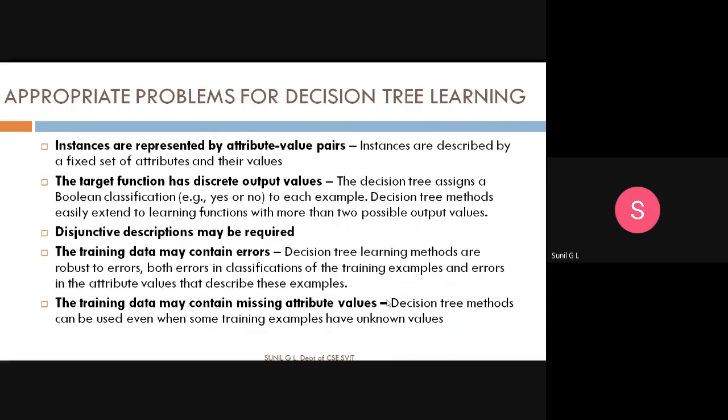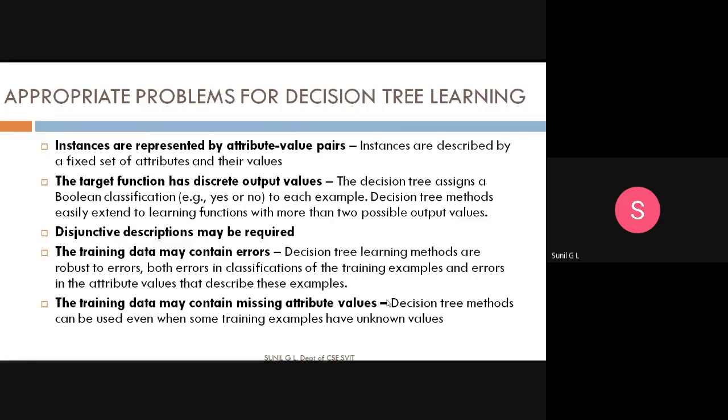Decision tree methods can be used even when some training examples have unknown values. So you need to identify those unknown values first, and after that you go for constructing a decision tree.